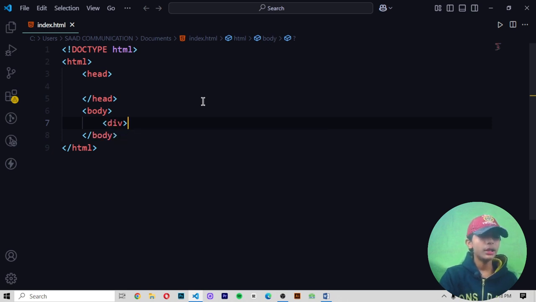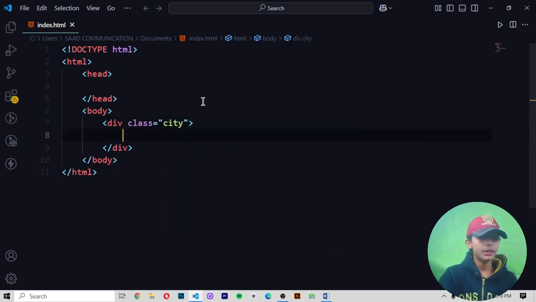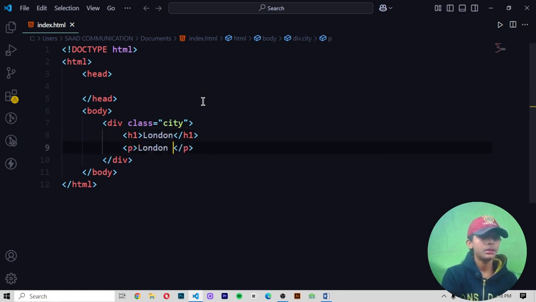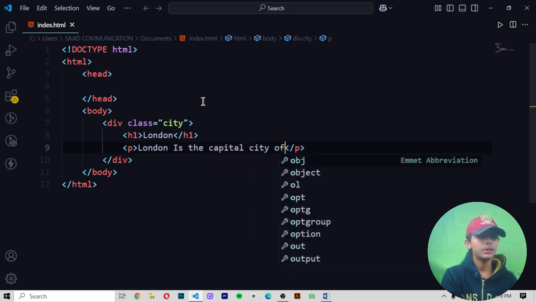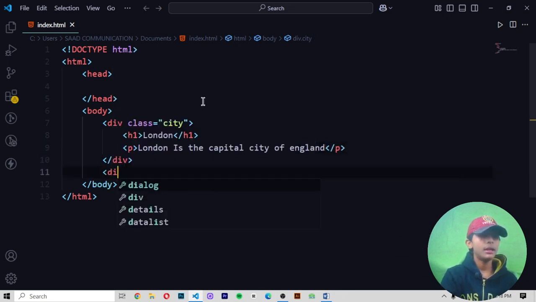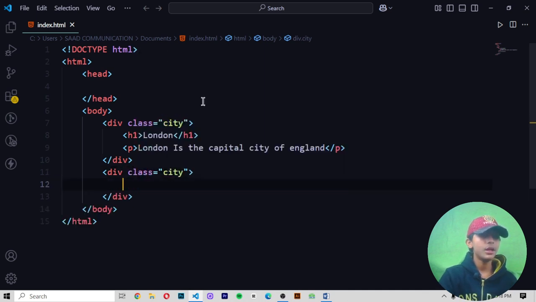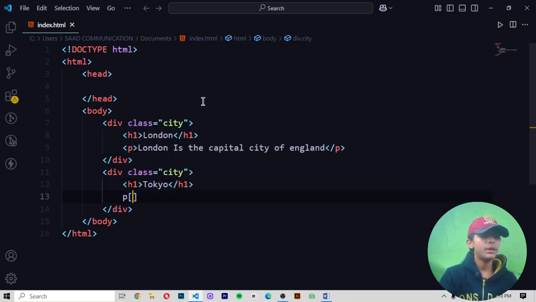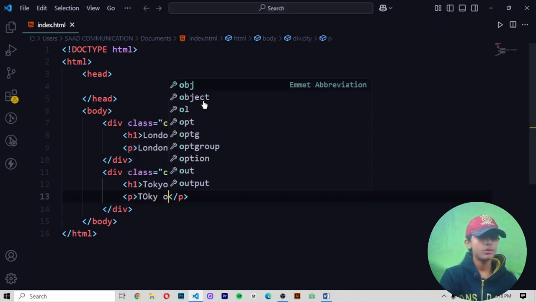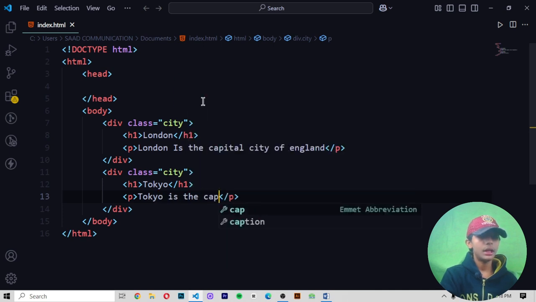Now I am writing a div, class will be city, and first in the h1 I am writing London. In the paragraph I am writing London is the capital city of England. Then I am writing one more div with the same class name. Here I am writing h1, in it I am writing Tokyo, and then I am writing Tokyo is the capital of Japan.